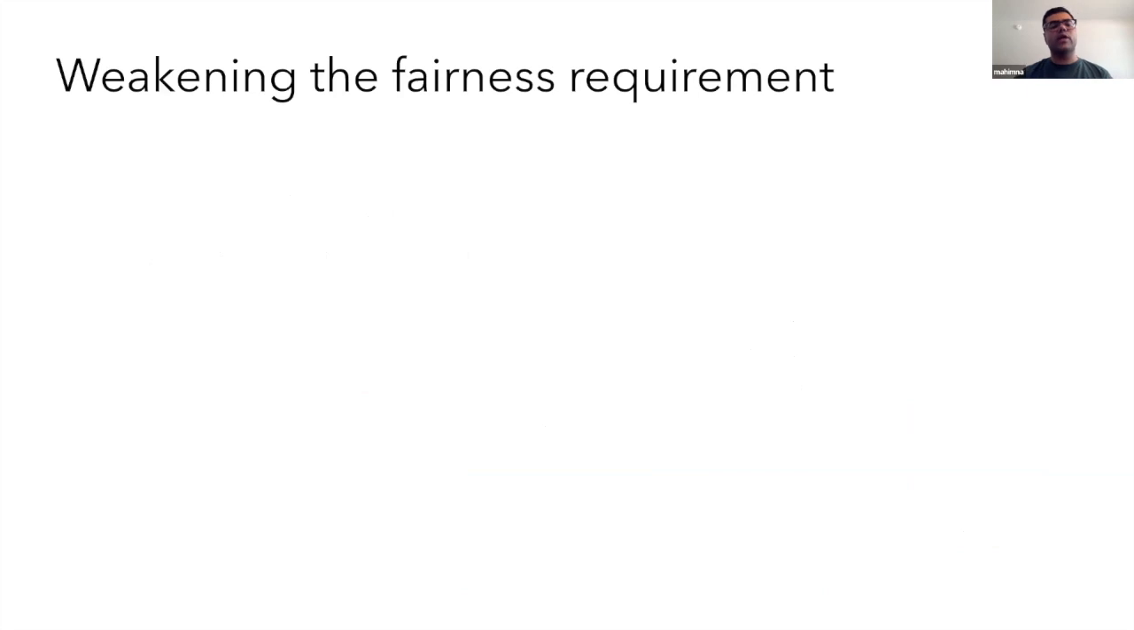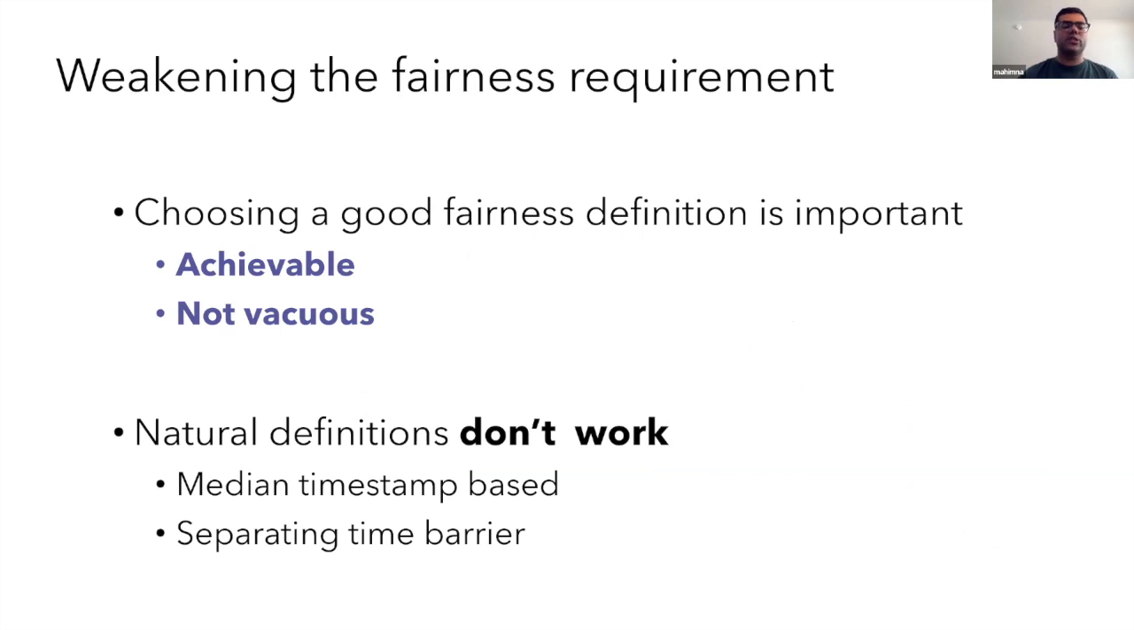So the next thing we want to do is weaken the fairness requirement. Choosing a good fairness definition is critical to the protocol in that it should be achievable, so it doesn't have some kind of paradoxical impossibility result, and it should not be vacuous. It should really be able to prevent the front-running attacks and the order manipulation attacks that happen in practice. Some natural definitions that we tried out that don't work are a median timestamping based approach, or using a separation time barrier and considering transactions before the barrier and after the barrier